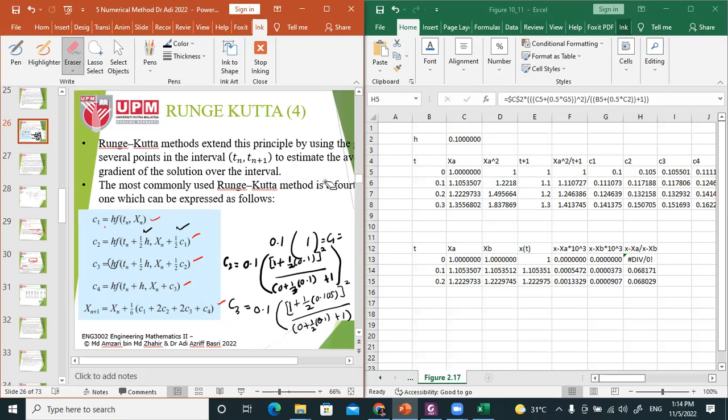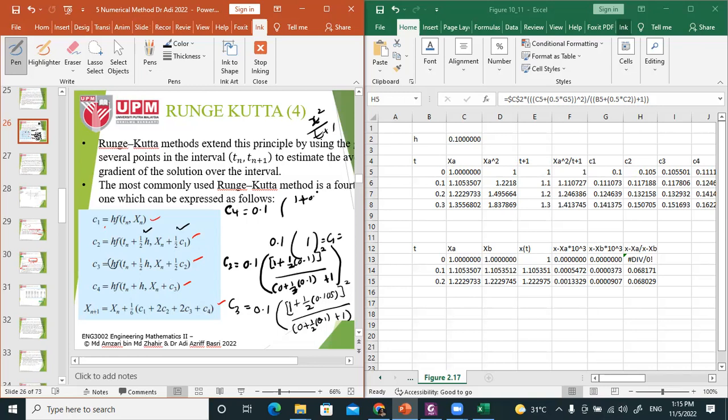So we go for C4. What is C4? C4 is h. What is h? h is 0.1. What is the function? The function of tn plus h. So we go for x. Just now it was x squared divided by t plus 1. So what is your x? x is 1, but here it is x plus c3. So 1 plus what is your c3? C3 is